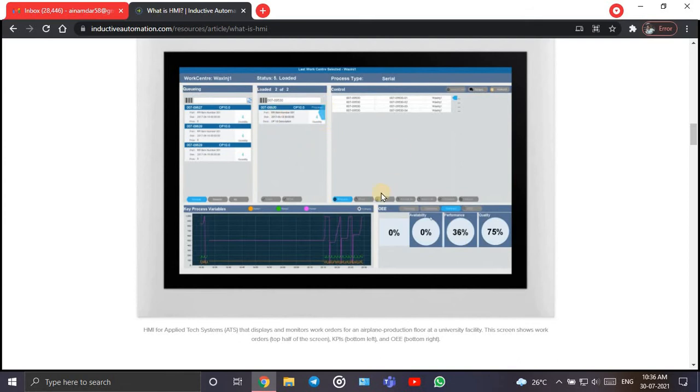So this screen shows work orders, which is the top half of the screen. Then KPIs at the bottom left, okay, key process variables, and OEE at the bottom right. Okay, so it has partitions for showing the information.